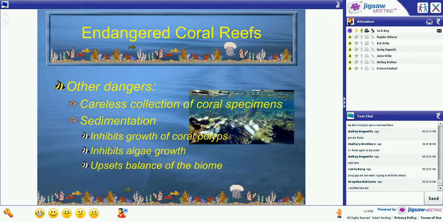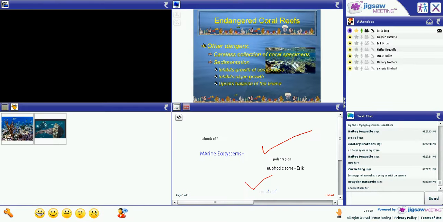So that was our warm marine ecosystem. Now we are going to completely switch gears, and we are going to look at a cold ecosystem. We are going to check out the polar seas. So we are going to take a journey